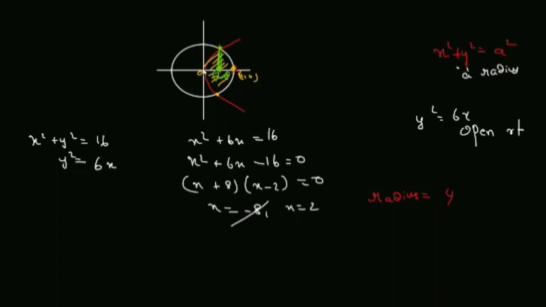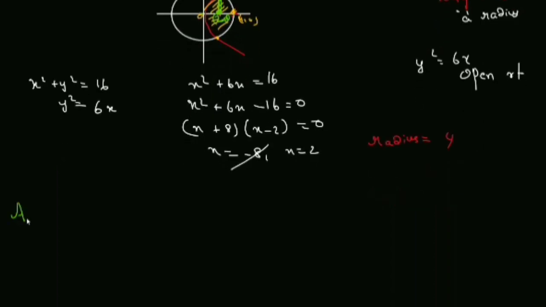Area under the parabola from 0 to 2 plus area under the circle from 2 to 4. So you can see the boundary here, the curve is parabola here. From 0 to 2, the boundary is the parabola. From 2 to 4, it is the circle. And this other area you need not find, we can just double this area, because of symmetry both the areas will be equal. So let us find 0 to 2 plus 2 to 4.